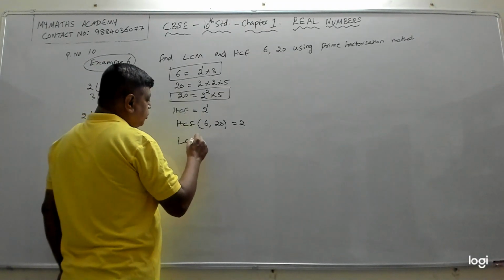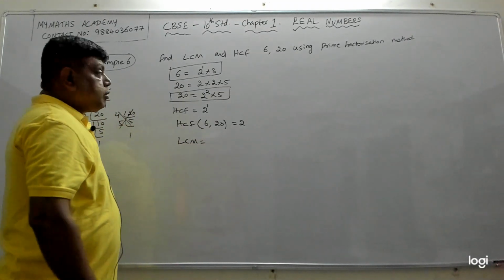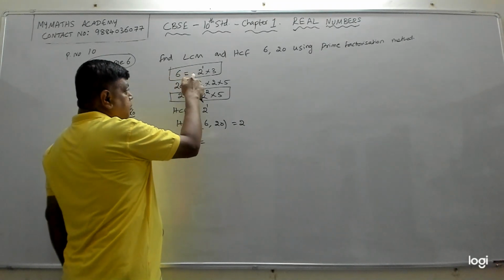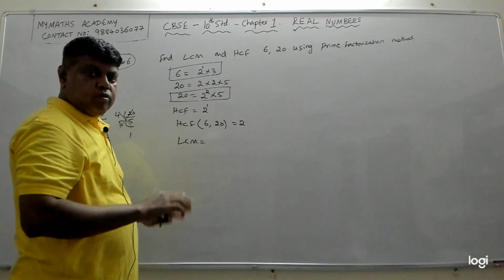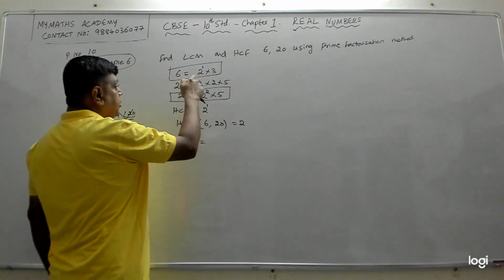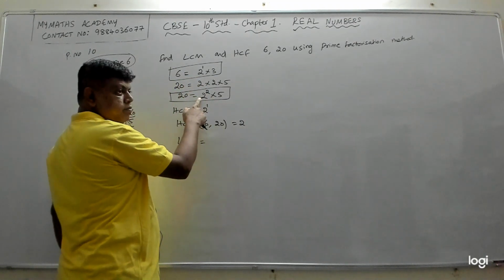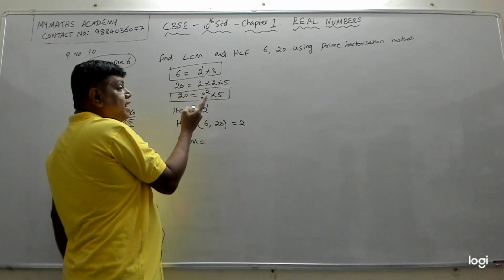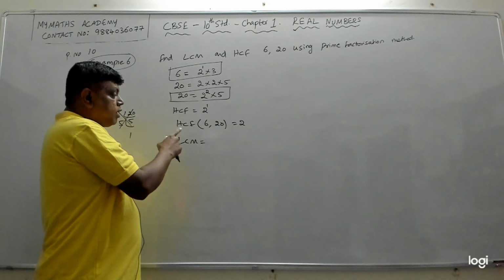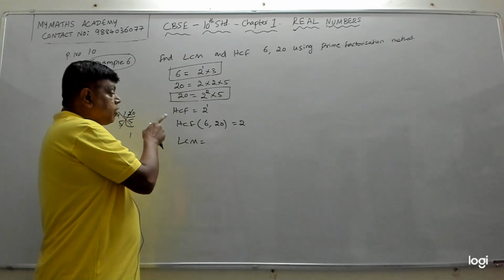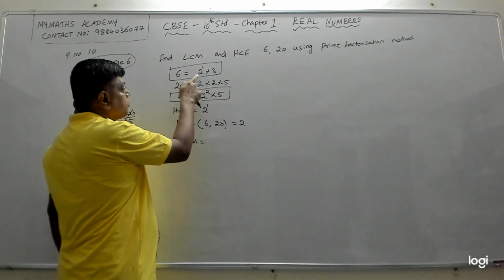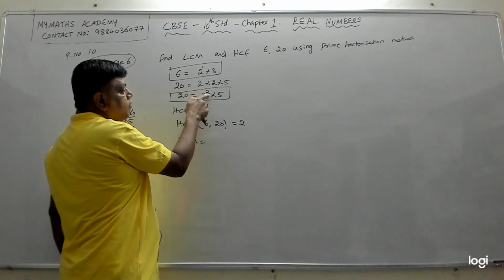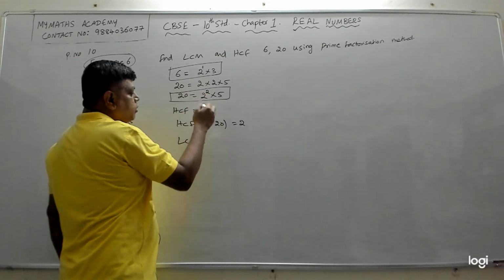For LCM, we find the LCM between these two numbers, 6 and 20. Same rule, you will check the number. It need not be in both, right? You take this number 2, you check whether it is there here. Oh, 2 is here also, 2 is here also. Among these two 2's, which has the highest power? You should take the highest power. See, for LCM, you should take the highest power. For HCF, you should take the lowest power. So among these two, this has 2 power 1, this has 2 power 2. Which has more power? This has power 2. Here it is 1. So this has the more power. So I should write 2 power 2.